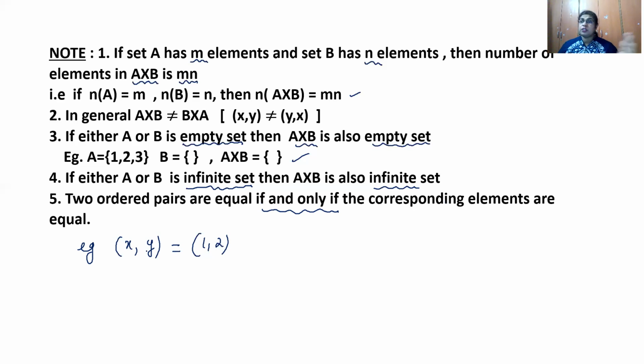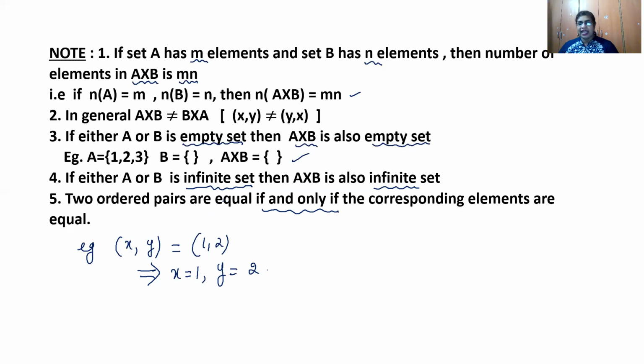Only if the corresponding elements are equal. What do I understand by that term? That means X corresponds to 1. So from this, I get X is equal to 1. And Y is equal to 2. Hope the idea of 2 ordered pairs becoming equal is clear. Yes? Okay, now let us solve few